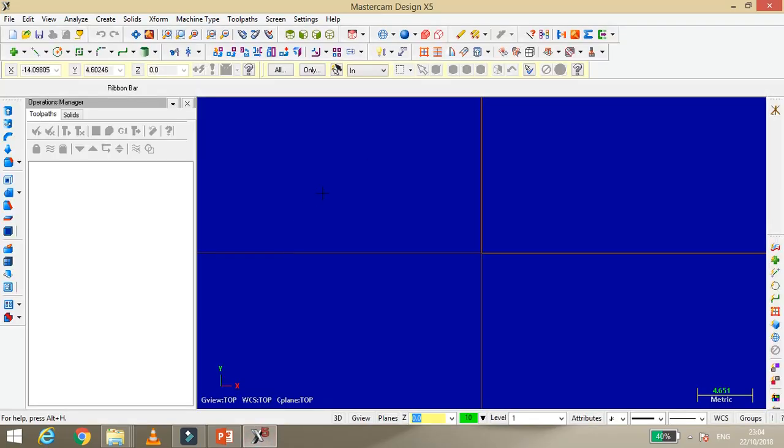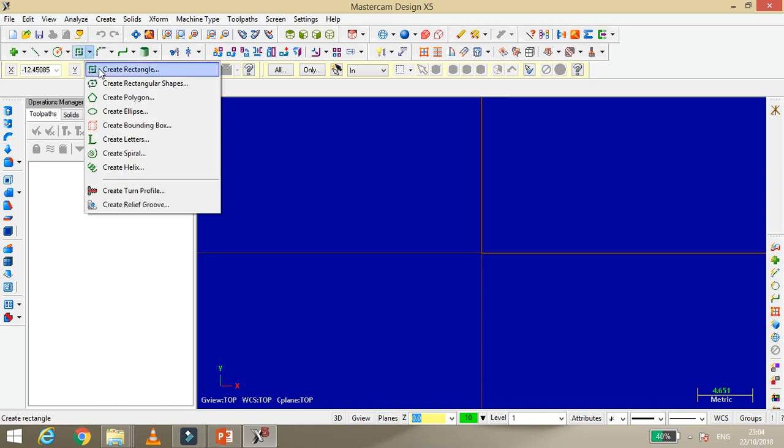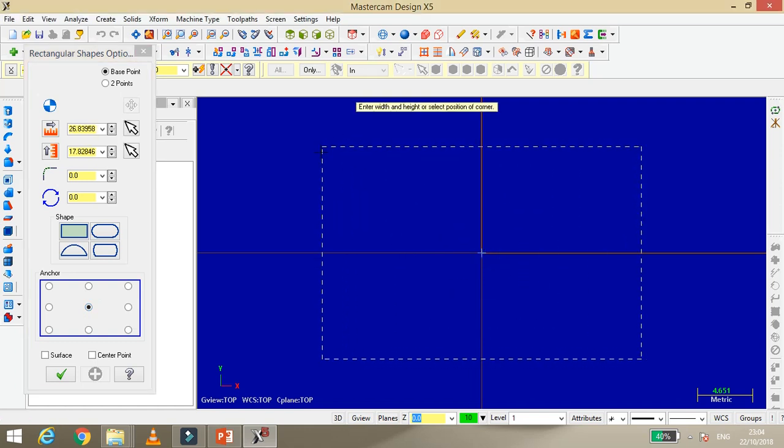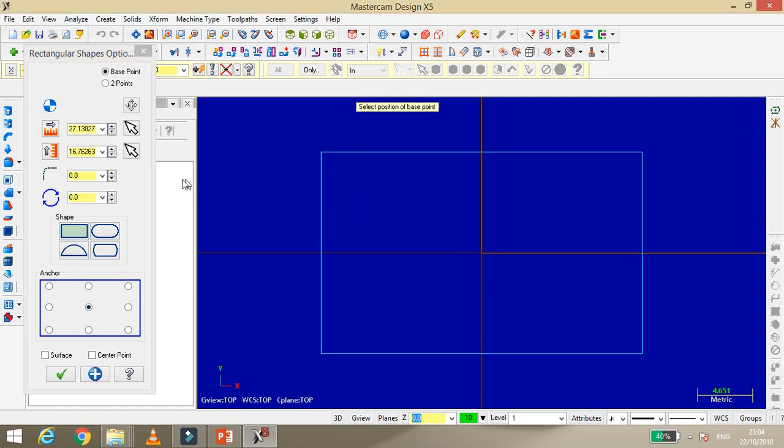Let's move towards our problem. First of all, I draw one rectangle. It's a center rectangle, so I choose the center. That's why I say to divide the whole object into 4 quadrants. In the first quadrant all are positive. In the second quadrant negative x and positive y. In the third quadrant all negative, and in the fourth quadrant negative y and positive x.